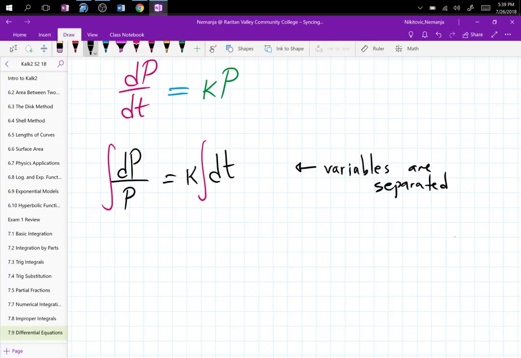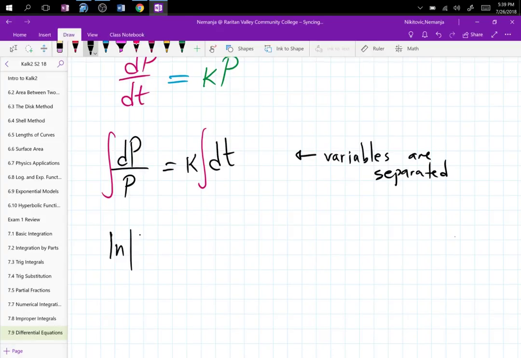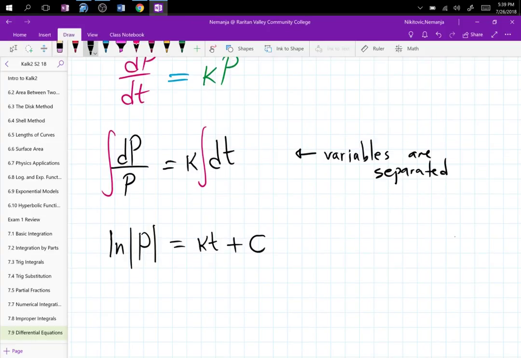Yes, very good. We will get ln absolute value p. On the right-hand side, what do I get? kt. Keep talking. Plus c. You drop that plus c there, the whole thing goes to garbage. All right, so now